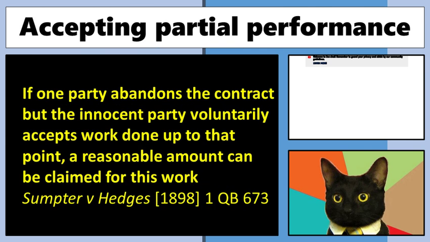There is a rule, and I actually touch on this twice in this class, where one side to a contract has started doing some work and then just abandoned, disappeared, gone AWOL. The example here is Sumpter and Hedges, and this is actually called the rule in Sumpter and Hedges. The reason for that is that this is an equitable rule. It's not a common law rule. So again, usually in these situations parties have to come with clean hands and they can't take too long.